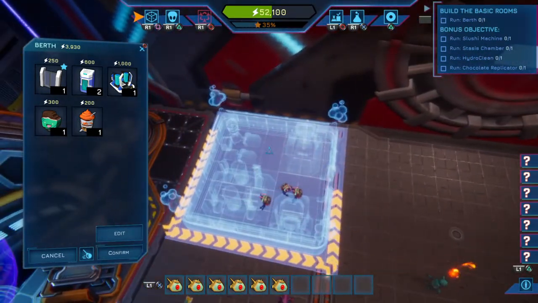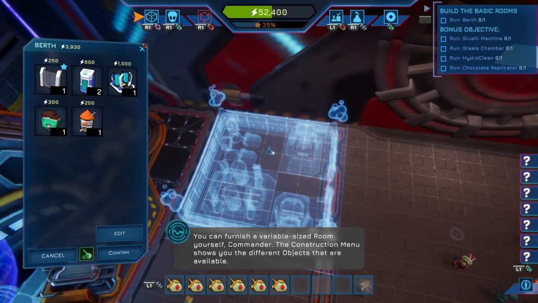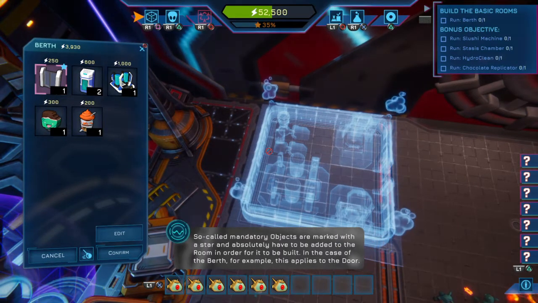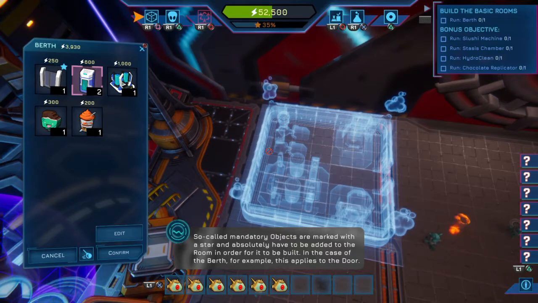scared. You can furnish a variable-sized room yourself, Commander. The construction menu shows you the different objects that are available. So-called mandatory objects are marked with a star and absolutely have to be added to the room in order for it to be built. In the case of the berth, for example, this applies to the door. You